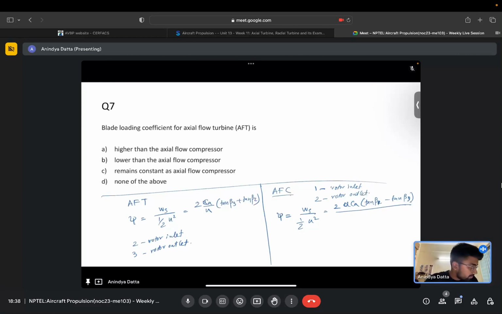Yeah, tan beta 1 minus tan beta 2, divided by 2 u square. So this will give phi as 2 Ca by u, tan beta 1 minus tan beta 2. So you see in general for axial flow compressors, the term that we have is in the form of a difference between two tangents of two angles,